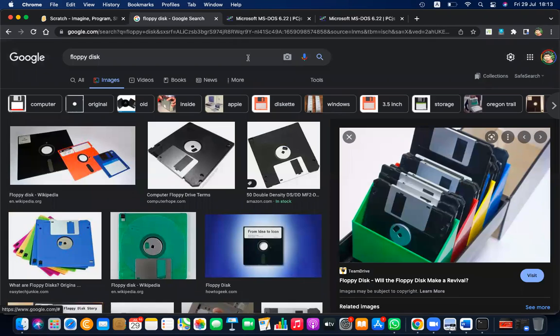So these floppy disks are now not available because now it has very limited capacity and the durability is also